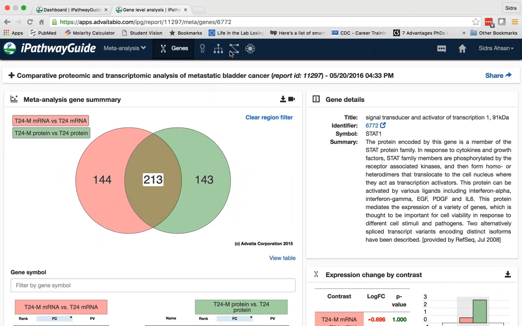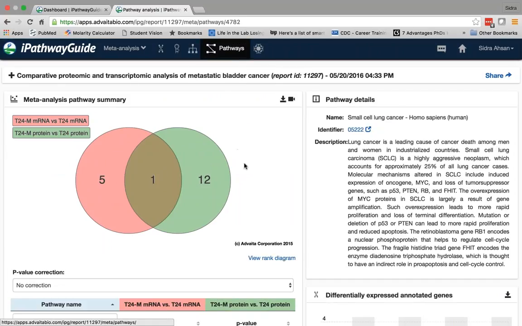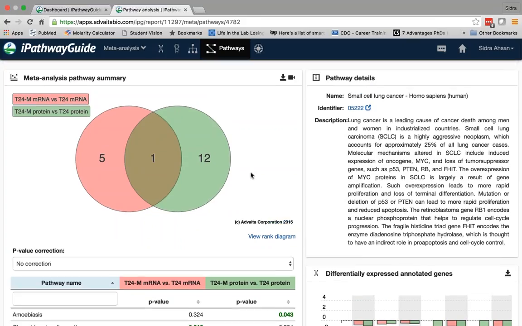So now I'm going to answer these questions. I'm going to first look at the pathways that are common or unique between the proteomic and the transcriptomic data set. This was really interesting to me, that even though there are so many genes and proteins that are common amongst the two different types of data sets, there's only one pathway that came up to be significantly common amongst the protein expression and the mRNA expression data set.